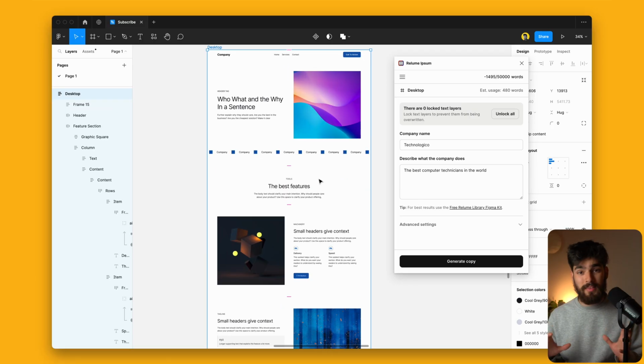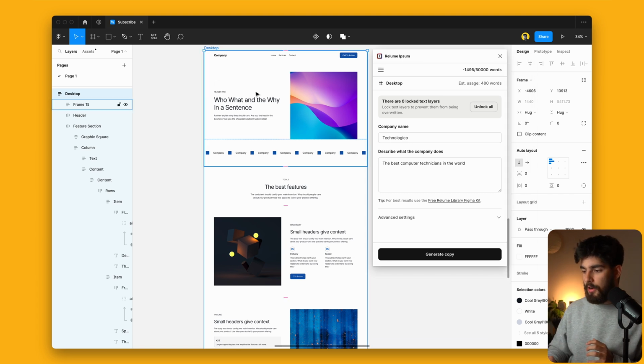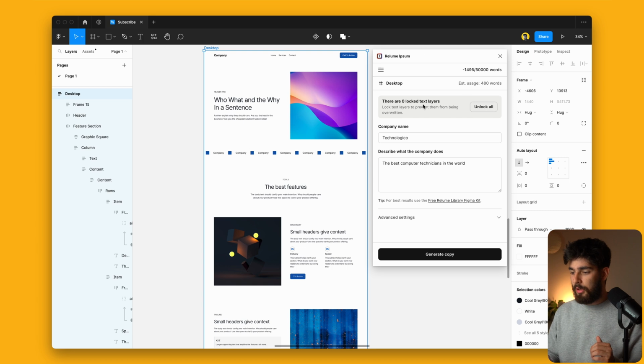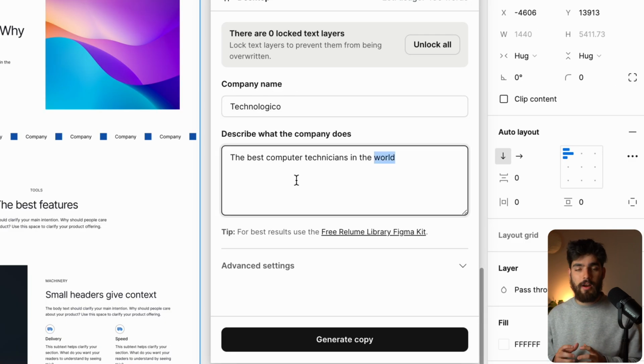So my pick for this video is going to be Relume Ipsum. Relume Ipsum is a great option if you want to generate a ton of text on your site in no time at all. Keep in mind that this is a premium plugin, but in this case, we have the site that we've been working on here, and we also have the Relume Ipsum plugin. So we have to put in a company name, and then also we want to describe what the company